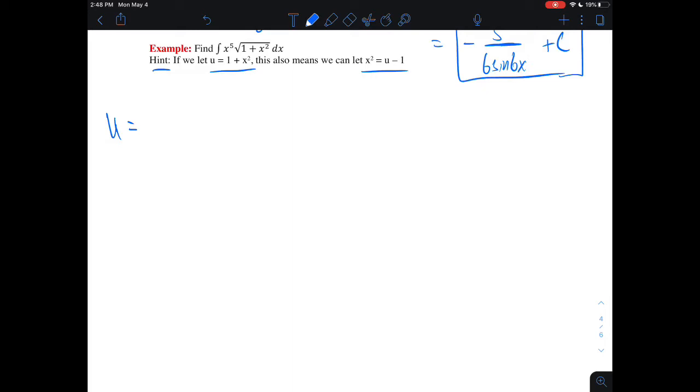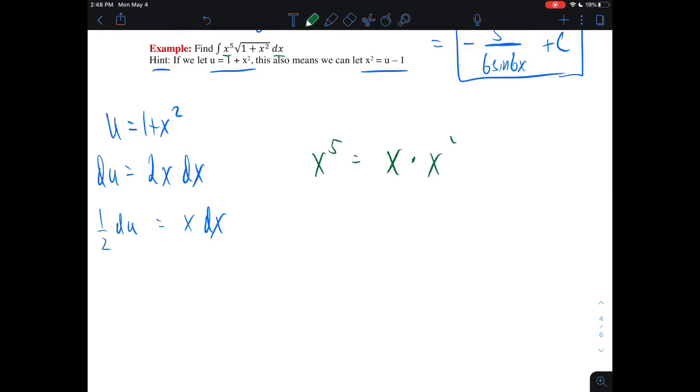If I let u equal 1 plus x squared, then as we saw at the beginning of the lesson, du is the same thing as 2x dx, which means I can replace x dx with 1/2 du, which is good because I've got a dx and I do have an x. It's there as part of x to the 5th, because x to the 5th is the same thing as x times x to the 4th. Now the only problem is that I don't have anything to replace x to the 4th